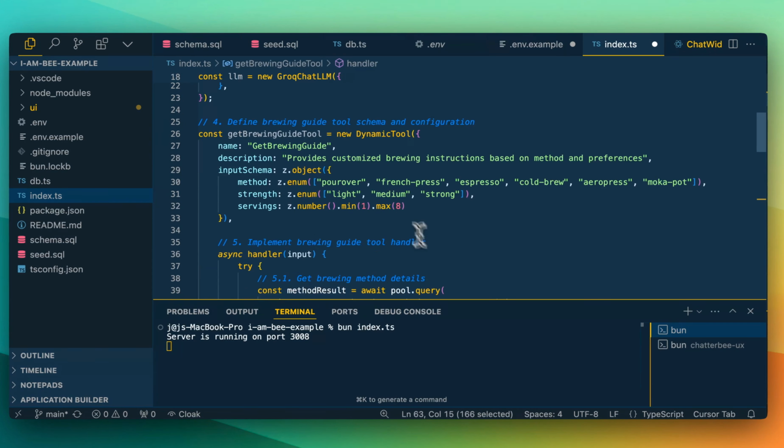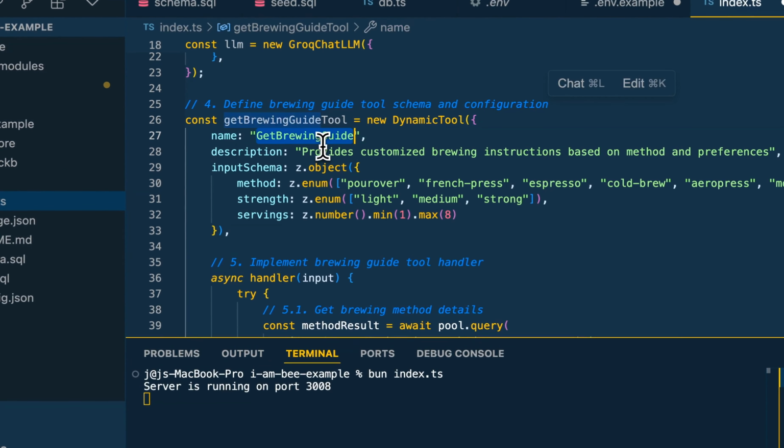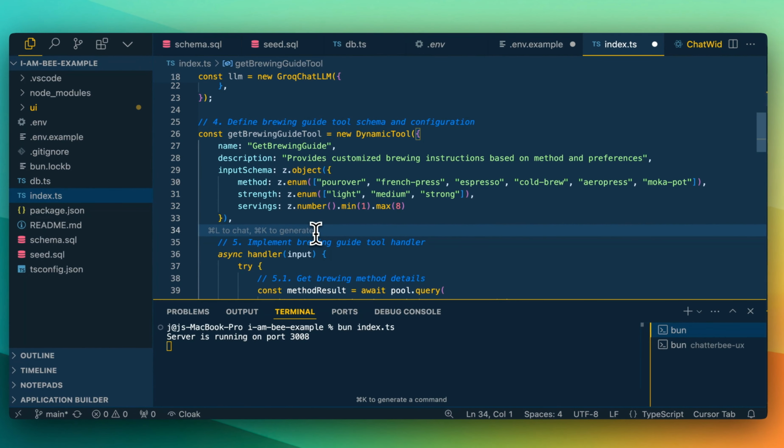how to use them. Within our first dynamic tool, this is going to be a tool to get the brewing information. As you saw in the example that I showed at the beginning of the video, I asked about specific brewing instructions. What this function will be asking as an input schema is, okay, is the user asking for an espresso, pour over, a cold brew? Like what type of coffee and the question are they asking about? Also, what type of strength are they asking for? Light, medium, or strong? And then if you ask for the number of servings, for instance, if you say, I have an AeroPress and I want to make servings for 4 people,